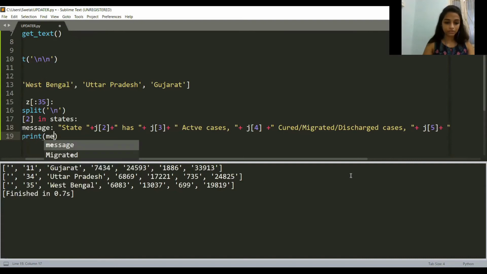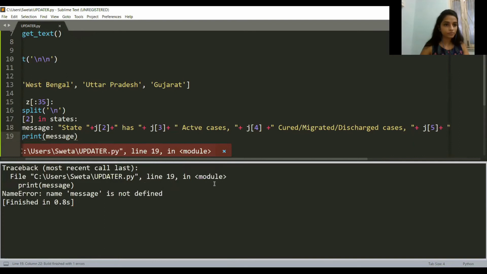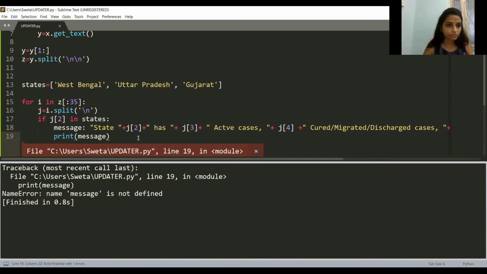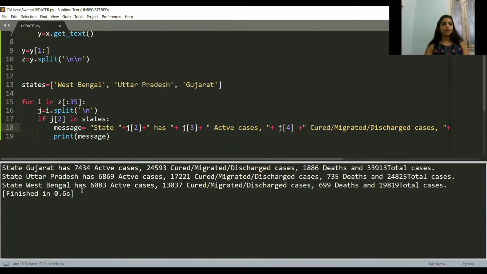Print message. Okay, if I run this, oh, I need to give an equal sign, right? If I run this, okay, so see, I'm getting this message over here which is stating state Gujarat has 7434 active cases, 24593 cured, migrated or discharged cases, 1886 deaths, and 33913 total cases.